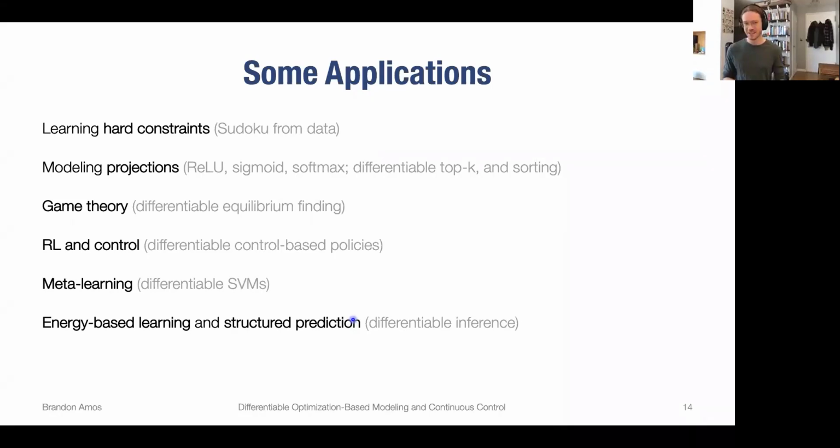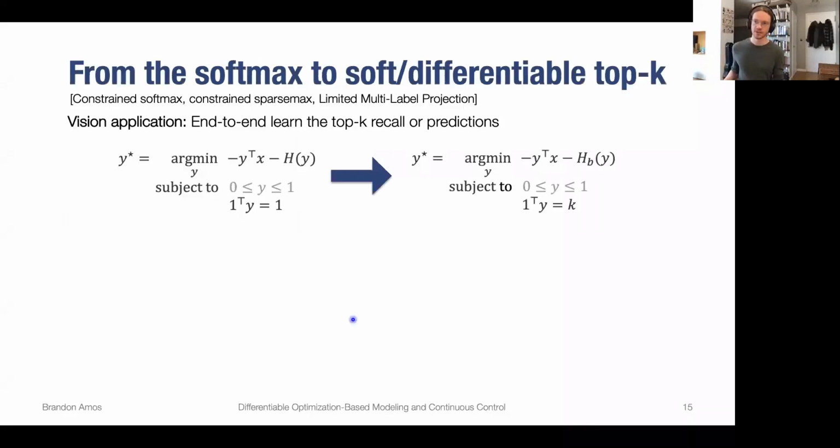So I'll leave most of these applications out of this talk, but I'll focus on one more foundational one, and then I'll go deeper into the control part later in the talk. I think one interesting generalization of this idea that you can project onto the simplex, and you can interpret the solution to that as the softmax. I think there's an interesting connection here to vision and to other cases where you want to differentiate through the top K operation.